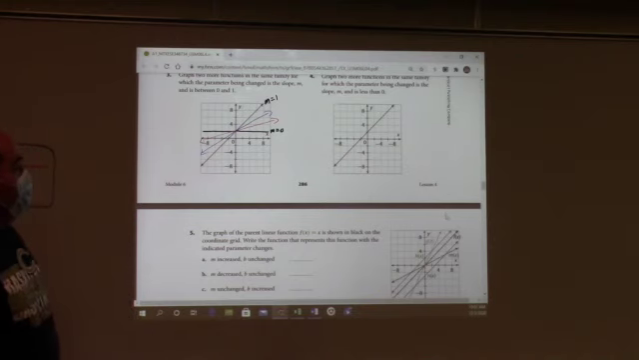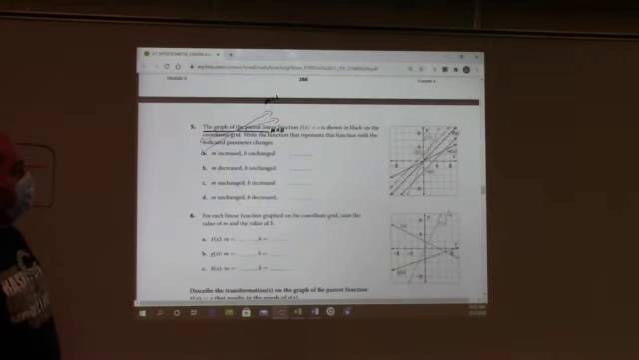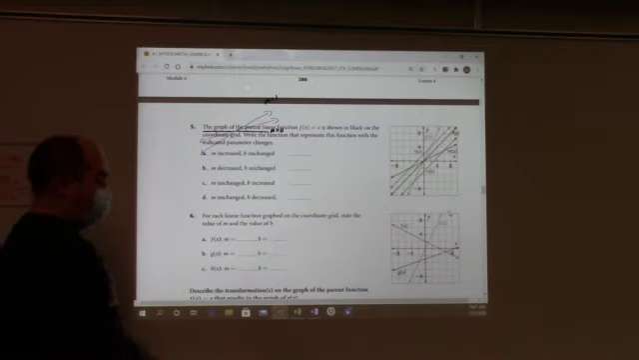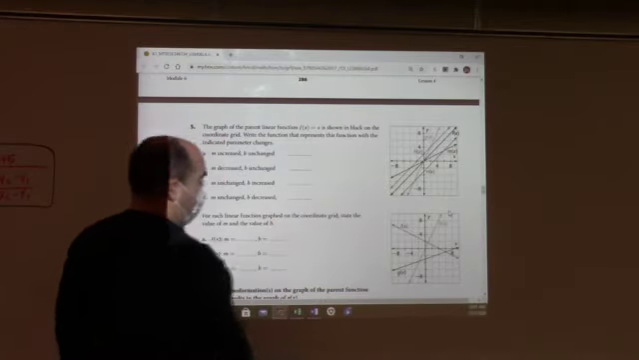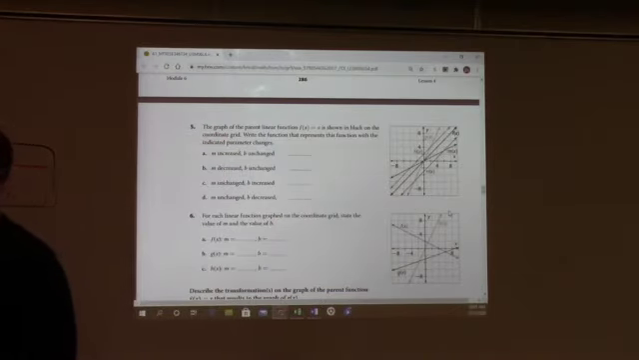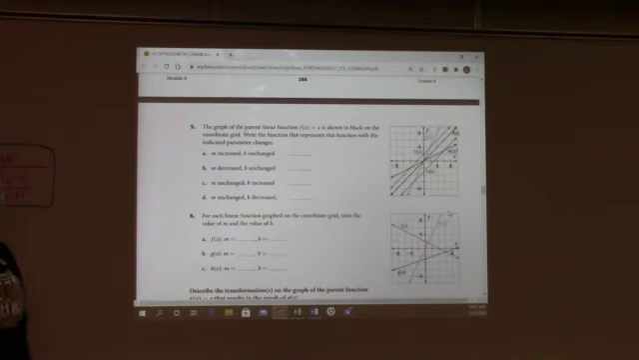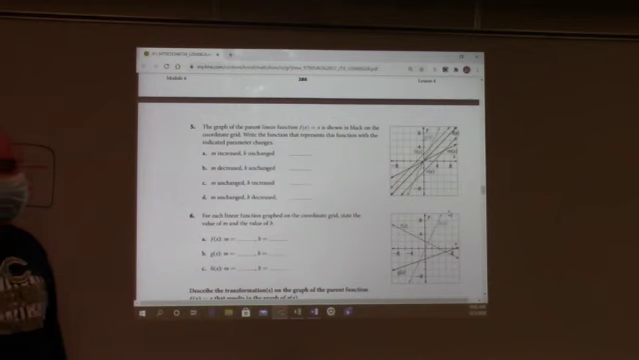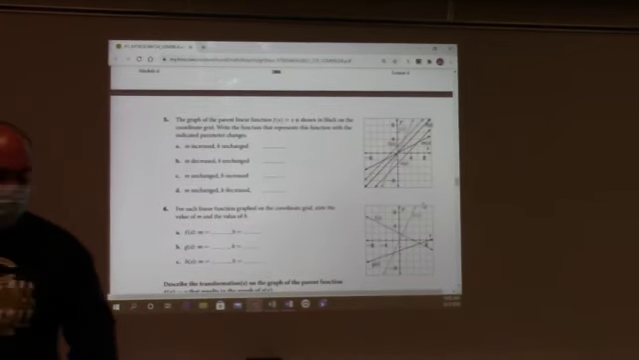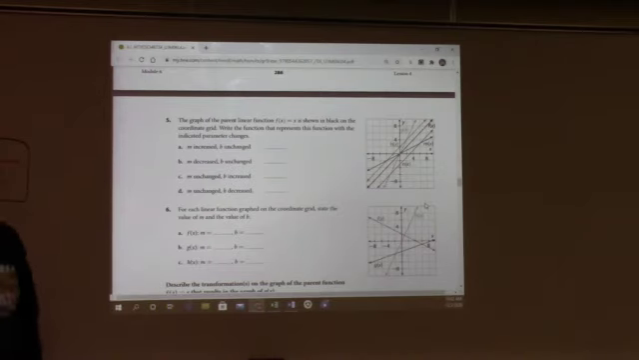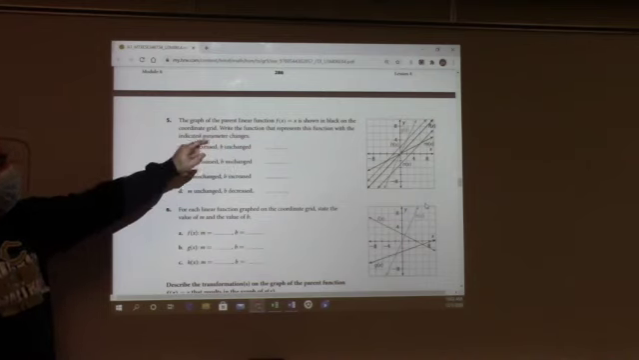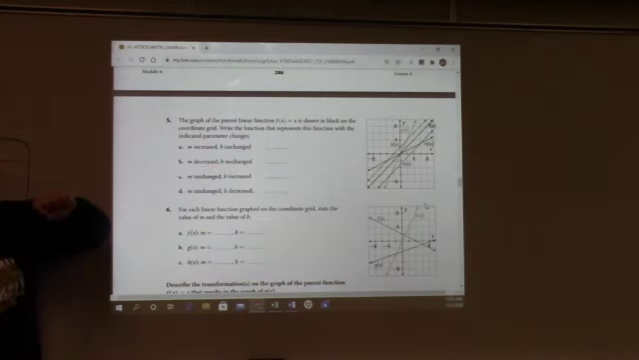Alright, now, number 5. If you have your book, looking at number 5 in your book is probably going to be a little bit more helpful, only because there's colors. If you don't have your book, or if you just think you're fine without it, then that's fine. But if you have your book, it'll be in nice pretty colors and make your life a little bit simpler. Okay? It says, the graph of the parent linear function f of x equals x is shown in black on the